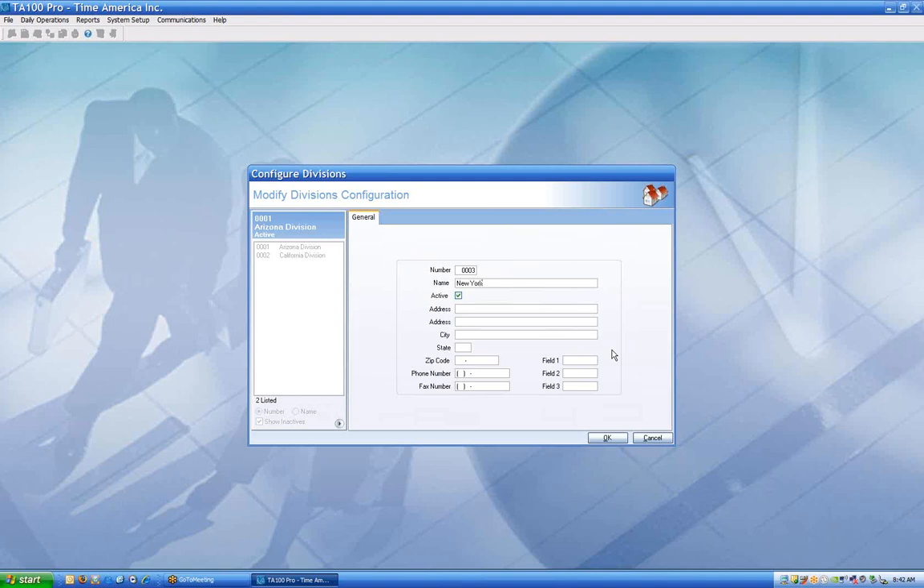For example, if we have 3 divisions, Arizona, California, New York, if I decide to use Field 1 as a sub-company code, I need to use that across the board. Field 1 in all of my divisions is going to be the sub-company code. Or if I decide to take Field 2 and use that as the division code, it needs to be the division code in all 3 of those divisions. At the bottom, I'll click OK here, and that's how easy it is to add a new division into the